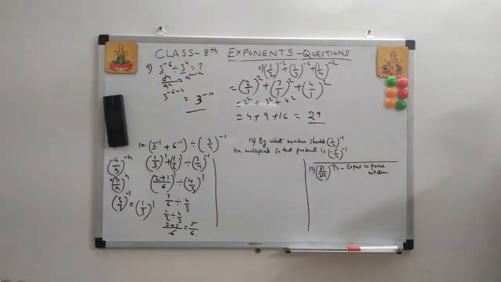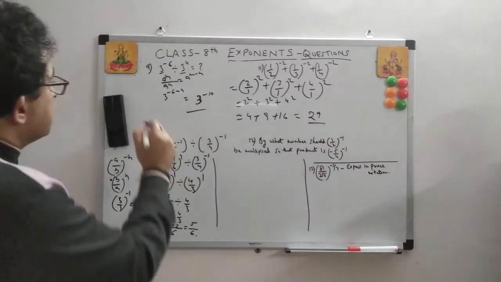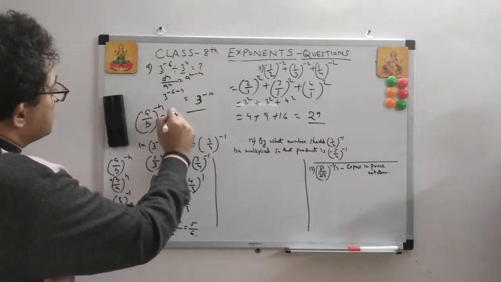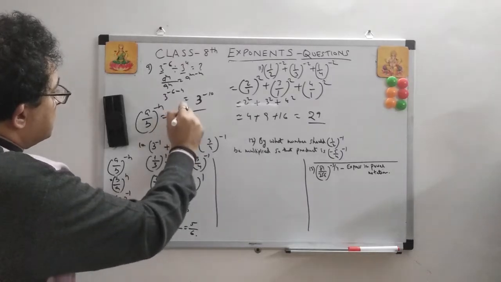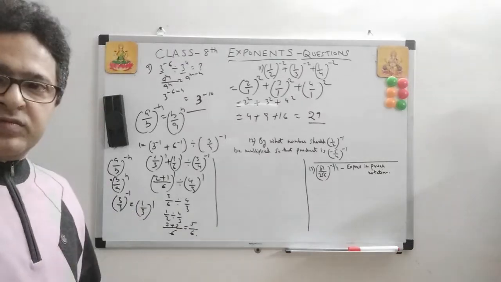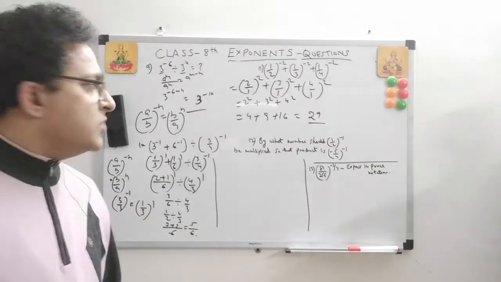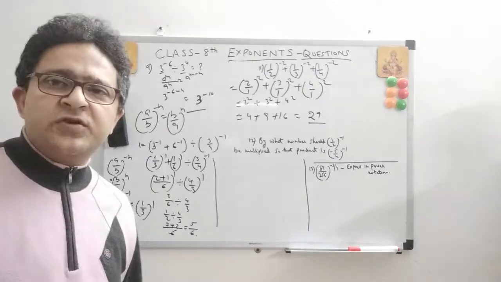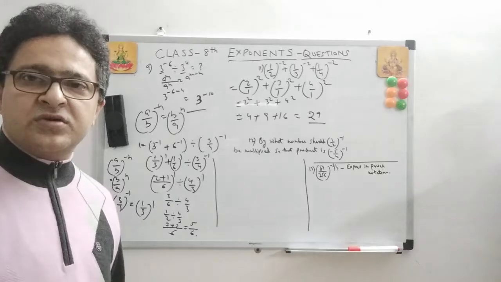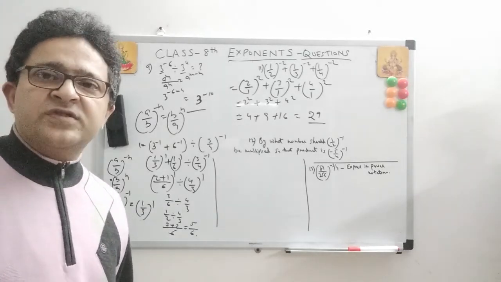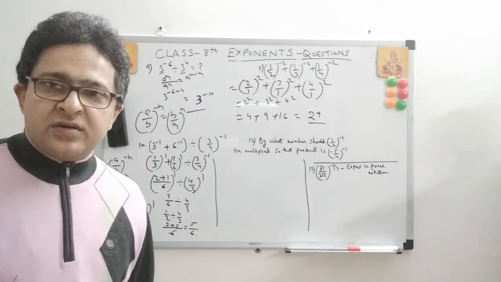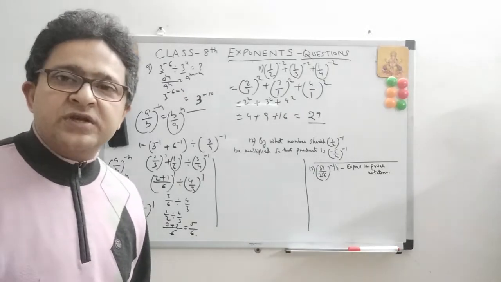Fine. So now this formula is being used many times. A upon B to the power minus n is equal to B upon A to the power n. This is a very important law, and you should be able to use it in your questions now. I think I made it much easier for you through all these questions, and do give a quick recap on the concepts and the questions which are linked to these concepts. And as I mentioned, there can be multiple concepts, multiple laws being used in the same question.